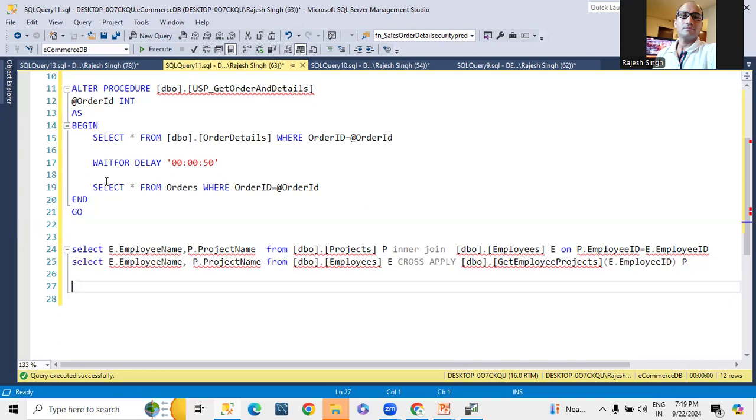Does the join consume more resources than this cross apply? No, cross apply is expensive because it runs for each and every execution. They are passing a parameter, and each time, on the basis of the parameter, they are executing. So the first one is better than the second one.